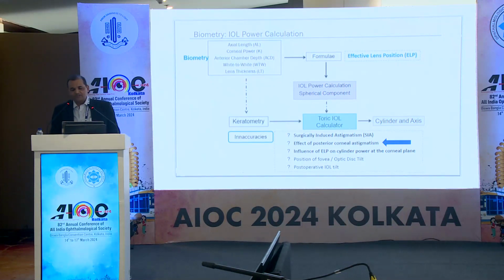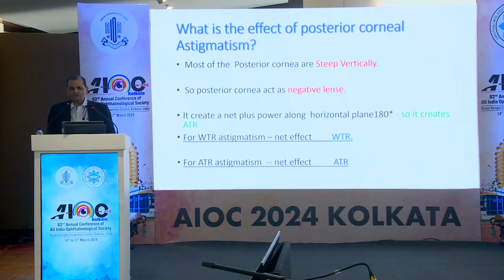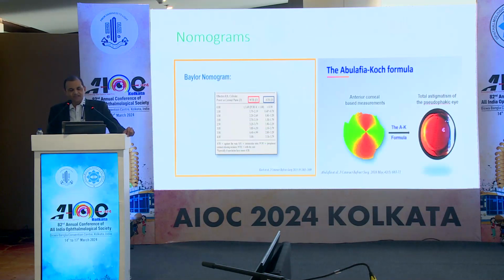Another important part is to understand the posterior corneal astigmatism. We all know that the cornea on the posterior surface acts as a negative lens vertically. So with the rule astigmatism on the front part, there is a decrease in the total corneal power from the back part. And if it is against the rule astigmatism, the net effect will be an increase in the ATR value. So for that, Dr. Barrett and others have given us a nomogram. Suppose your front cornea is like this, you have to add or subtract according to with the rule or against the rule. So we have so many nomograms available.